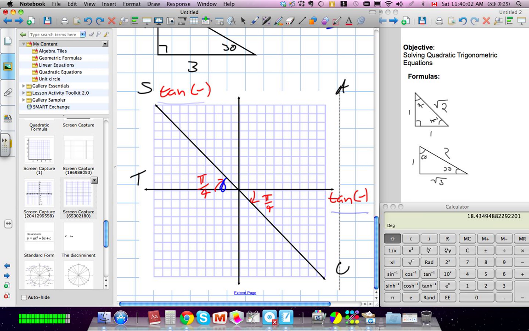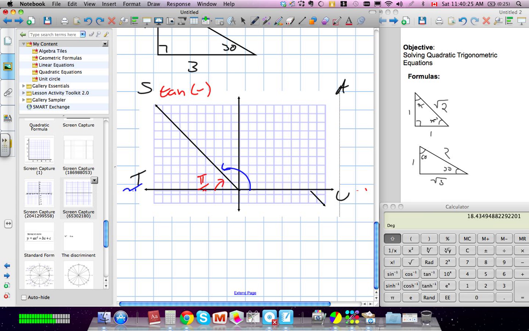This is the angle of pi over 4, this is an angle of pi over 4. These are the two quadrants, it's negative. So, in terms of our angles, we should be getting 2 pi subtract pi over 4. And this is 2 pi. 2 pi subtract pi over 4 gives us,